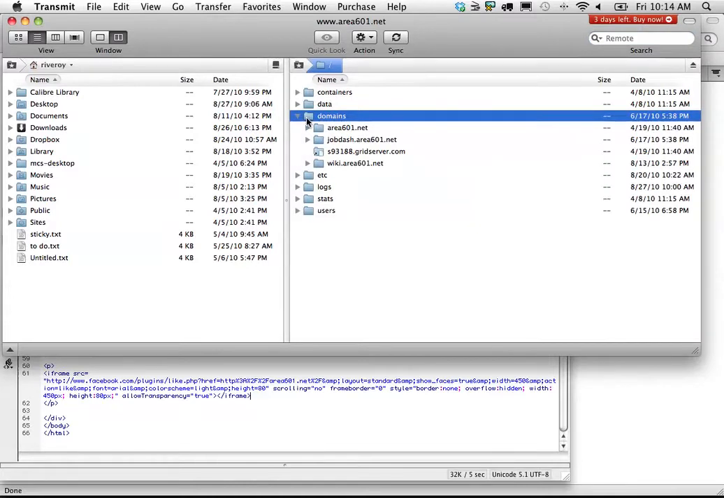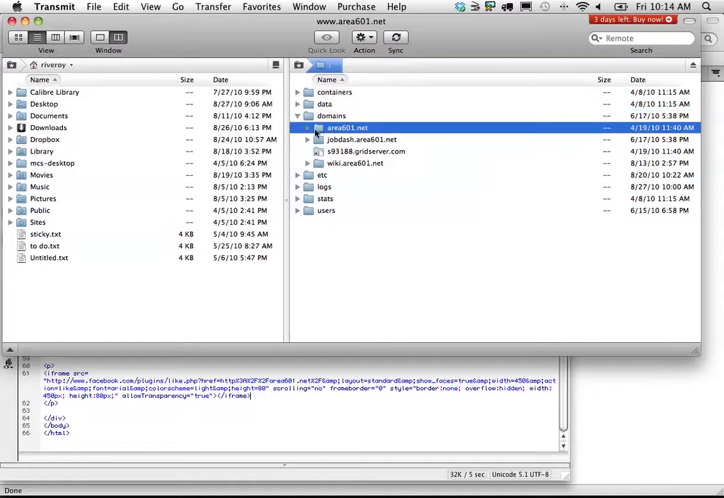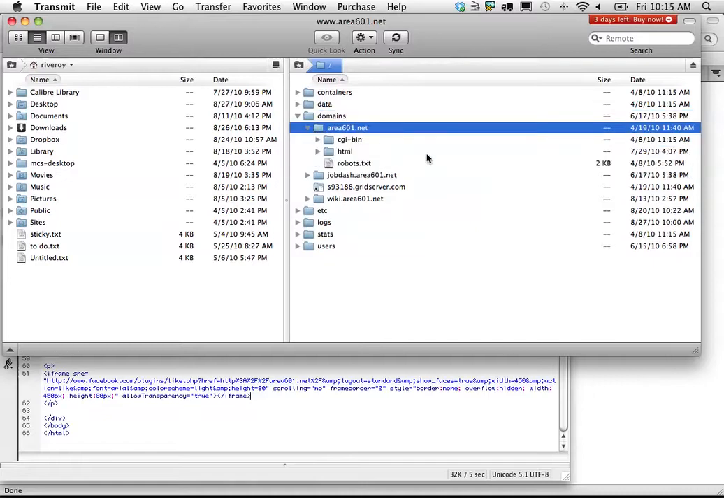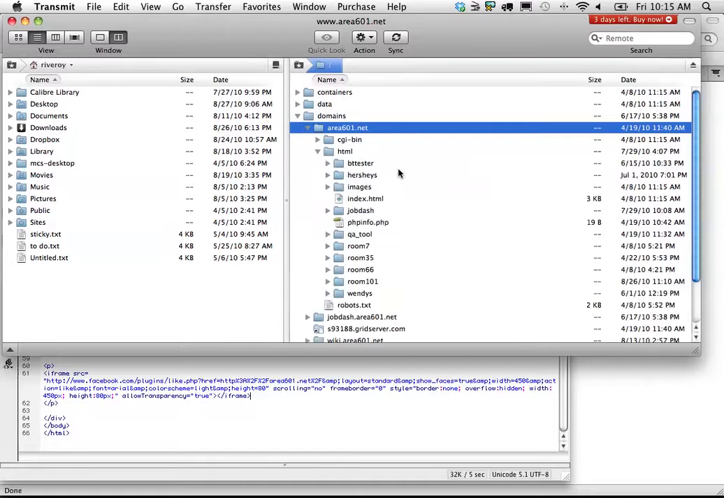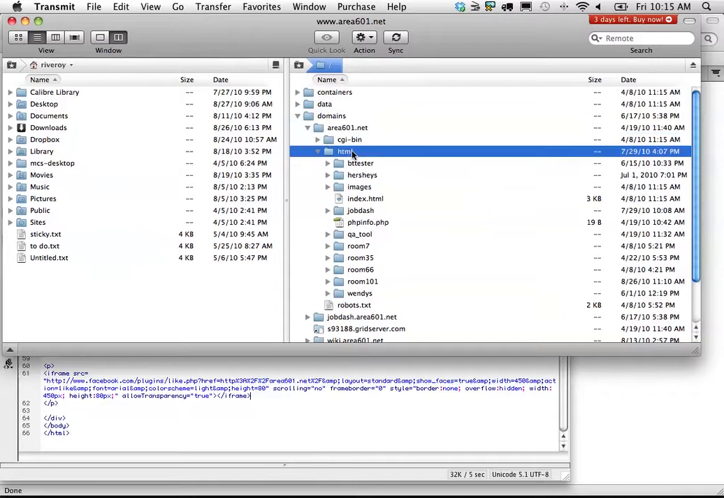Where I want to upload my stuff is usually, for this, in domains. It depends where you're hosting your stuff, where you'll have to go to put it. Sometimes it's in htdocs, sometimes you have to click on the domain name. Like here you'll hit domains and then go into the domain name. So you just got to browse around throughout your server and your help documents to see where you want it to go. So I want mine to go into domains, area 601, HTML, and I'm going to make a new folder